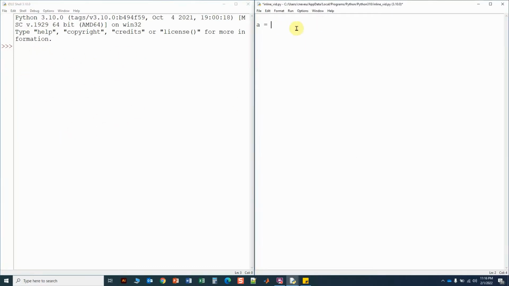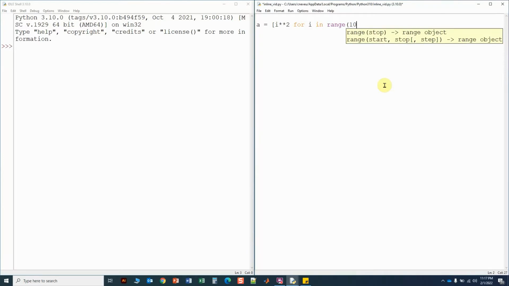I'm going to have a equals, start with a square bracket, then i to the power of 2, for i in